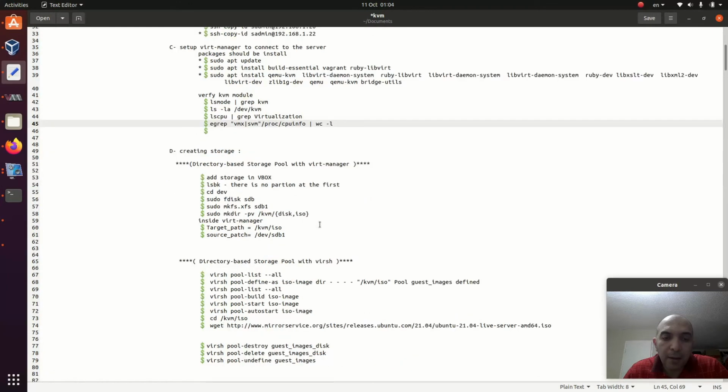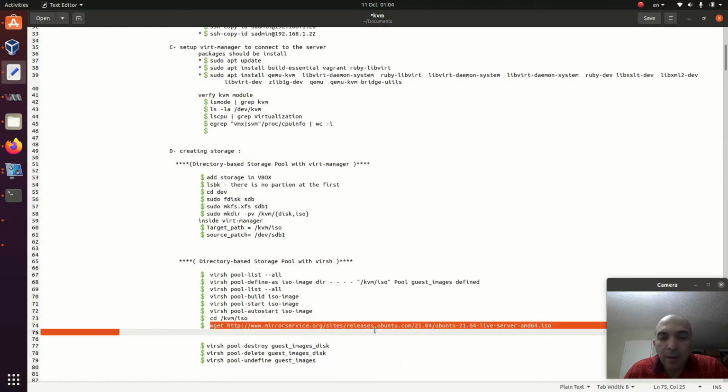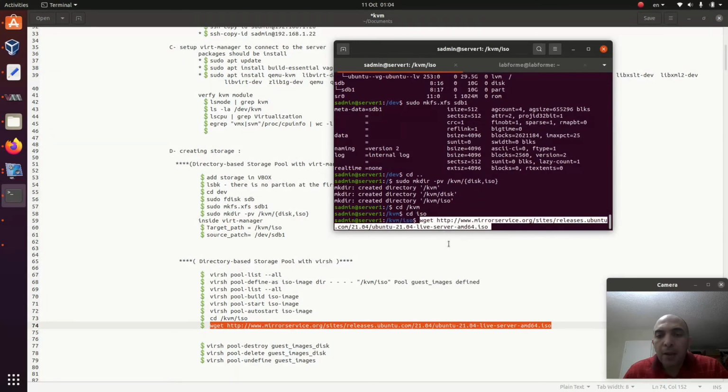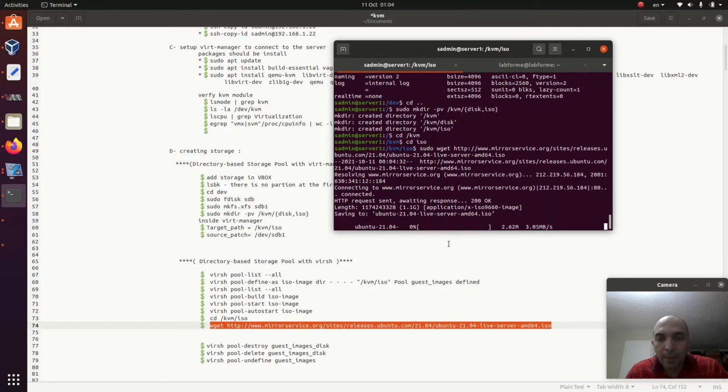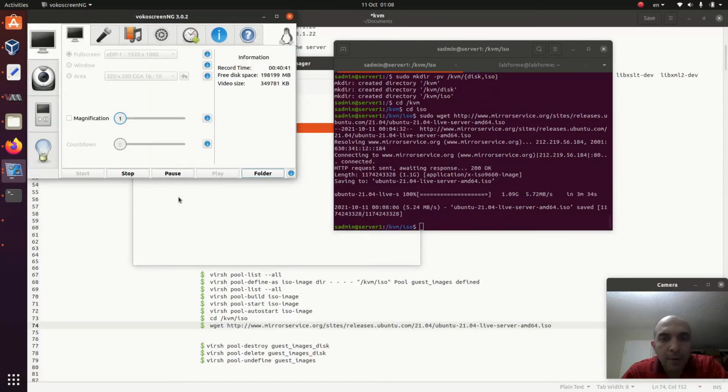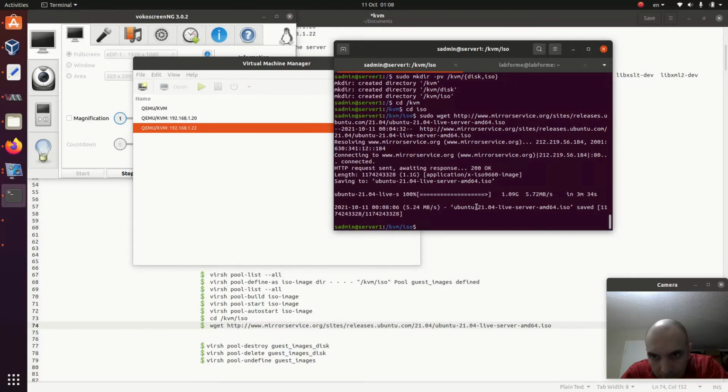It is important you have the first image of your OS, but here I'm using the image that I want to download to the folder. Now I pause the video. Okay, the image was downloaded inside the folder